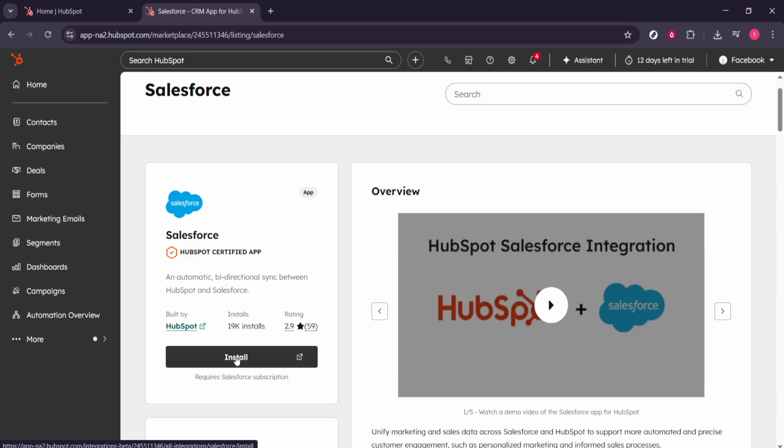You've successfully initiated the HubSpot Salesforce connection. After this, HubSpot will guide you through any remaining steps to finalize the connection and configure your preferences, such as object sync rules and field mappings. Take your time with those options to align with your team's process, and you'll be set for a smooth, reliable sync between your marketing,